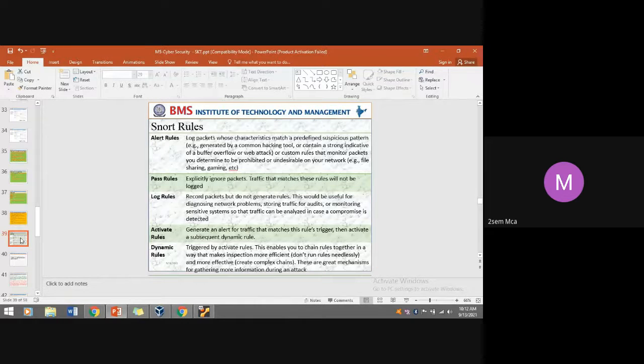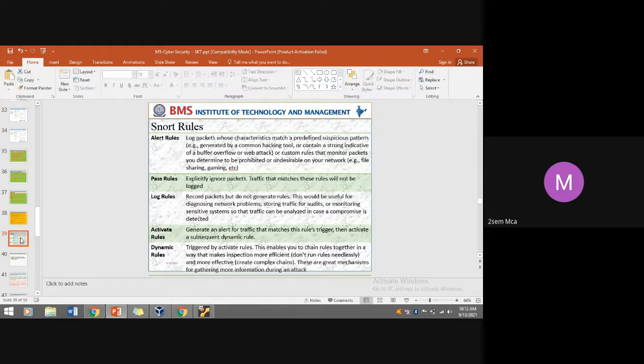So, which are the alert rules? These are the situations in which the alert is going to be triggered. For example, log packets whose characteristics match a predefined suspicious pattern, which is already loaded into the Snort tool.